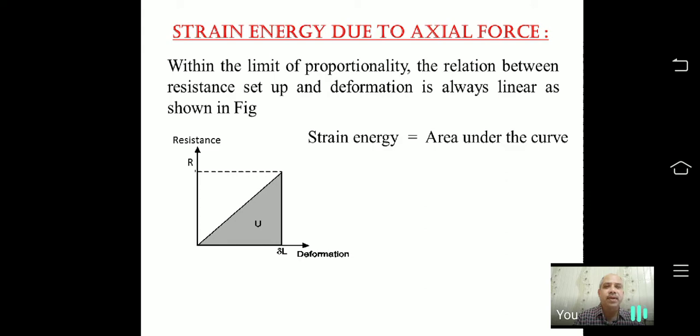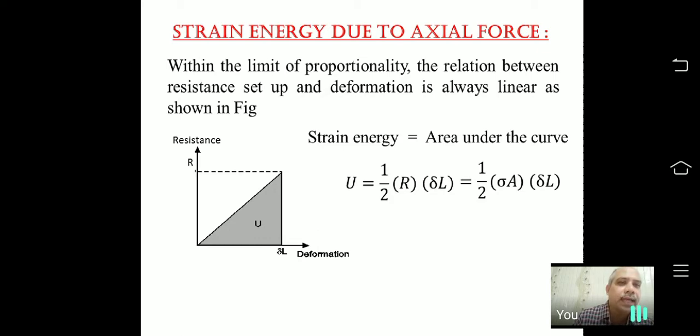So now you can see what is strain energy. So area under this curve. Notice area under this curve. So this is R delta curve. So 1 half R into delta L. Now once we know this equation, then we can simplify by substituting different values. Then we know R is equal to P in case of elastic material, and here we are considering elastic material only, and then only we are in position to find out stress by using this strain energy.